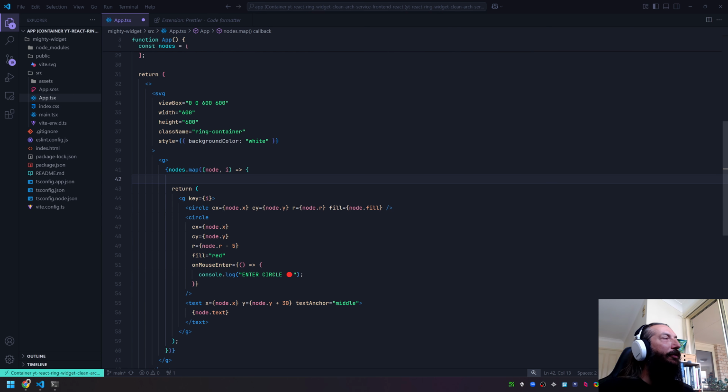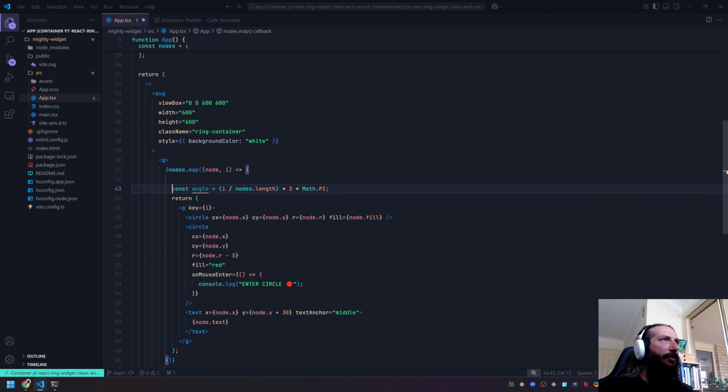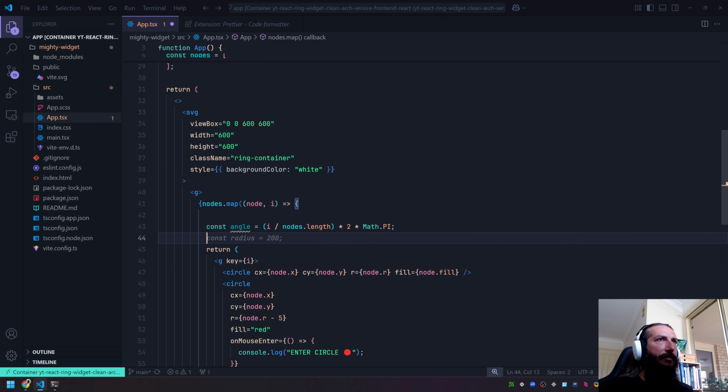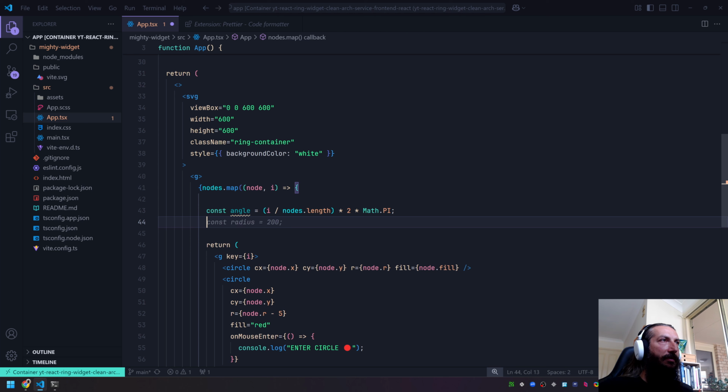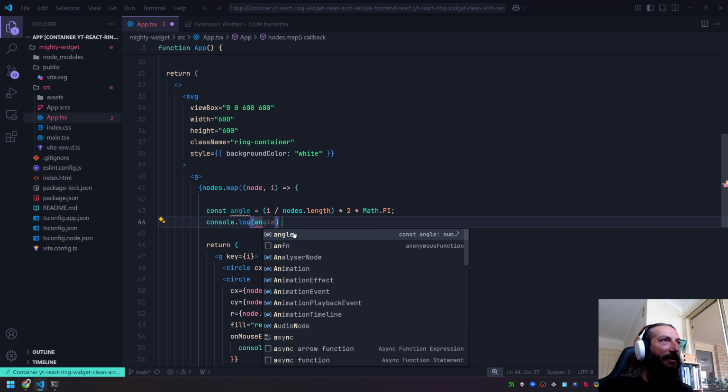Okay, welcome back to the code. So let's try to implement those formulas into the code, right? What we want to do, these are the magic lines. The first thing that we want to do here is basically, for each iteration, for each index, we are going to calculate the angle. Let's see what it is. We trust no one when we work with computers. Let's see what these angles are